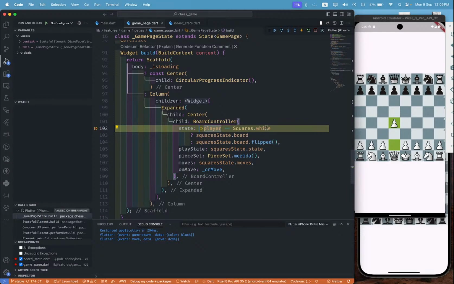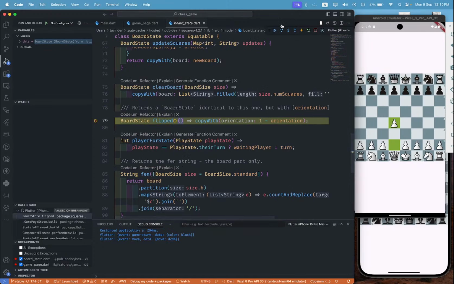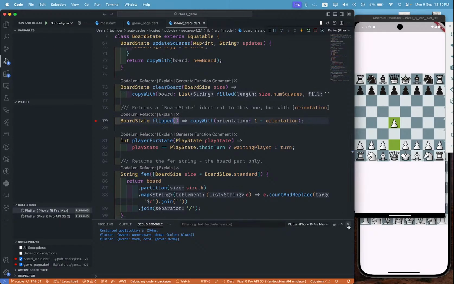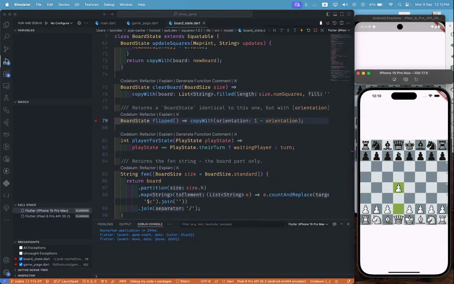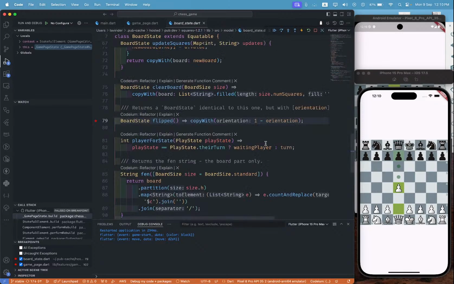Player 1 and squares root white is 0, so 1 is not equal to white, so it will be flipped. Alright, so it will be like this. So player plus 1, so that's 0, so it should be flipped. Orientation is